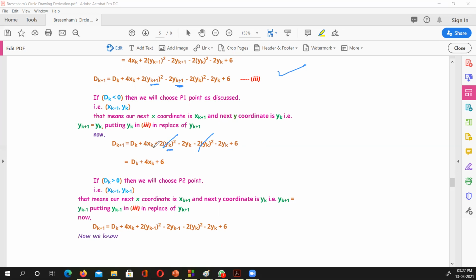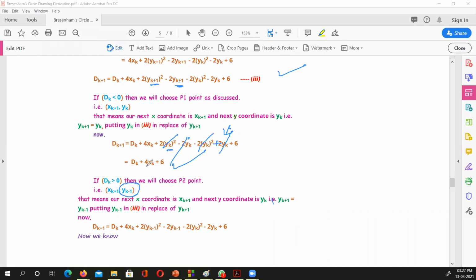4 times xk यहाँ पर है, ओके, और हाँ यहाँ पे एक गड़बड़ था ना, यहाँ पे एक ही प्लस है, प्लस twice yk, ये और ये खत्म हो जाएगा और रहेगा कुल मिला के dk प्लस 4xk प्लस 6. Just check out this sign, ऊपर ये साइन देखना, ये प्लस एक है, एक माइनस है. अब इस सूरत में कि जब मेरे पास अगर पुराना dk मुझे निकला ग्रेटर देन 0, तो I know for this thing I have to do k minus 1.